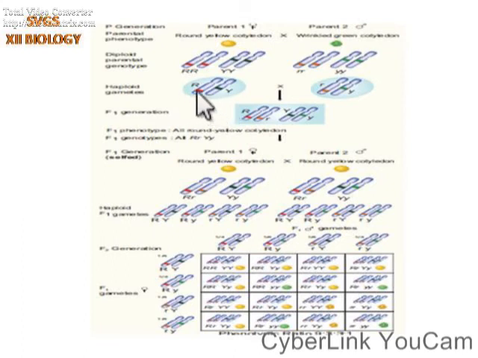This is the R allele present, which is represented in red color, and this is the Y allele, which is represented in green color. So here we have a recessive allele which is present in the chromosomes. So this is the same diagrammatic representation which shows the chromosomes and the alleles, where they are present.